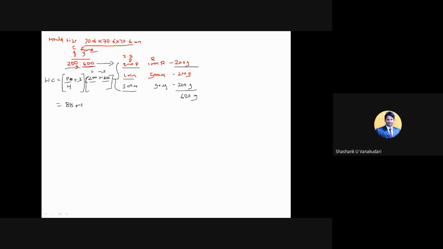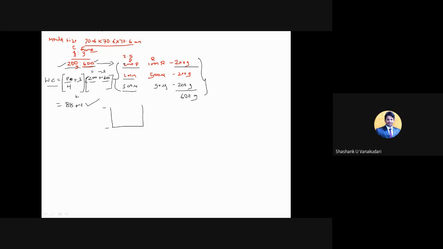So now what you need to do? You need to take 200 grams of cement and 600 grams of sand, with the given description, and then use the formula P by 4 plus 3 on the total quantity of cement and sand. So you will get 88 ml of water. Together you need to go with a first dry mix of this cement and sand, and then add 88 ml of water. So we will prepare that cement paste, and then you need to fill it in this mold.